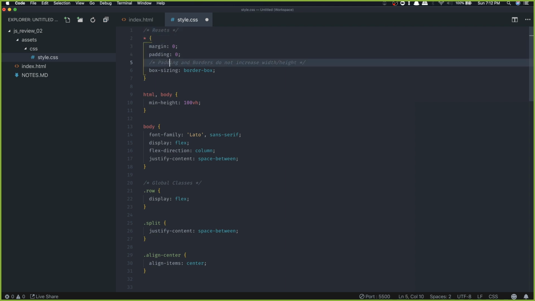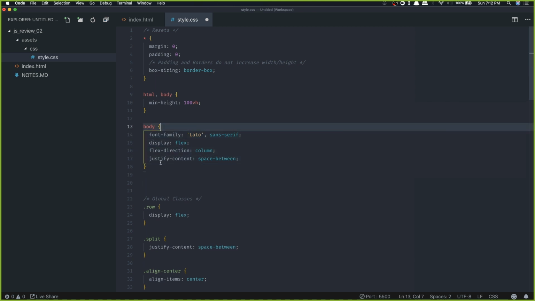Everybody's heard that before, right? You used a file called reset. We have done some resets ourselves tonight, right? These are all resets. We're actually affecting main global elements on the page, the HTML body, all of the elements